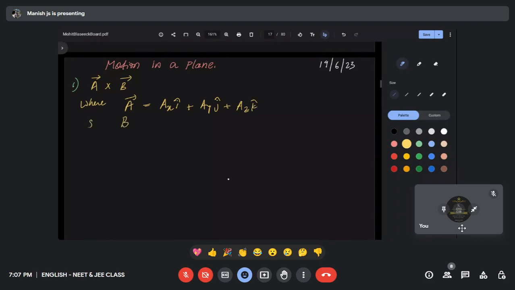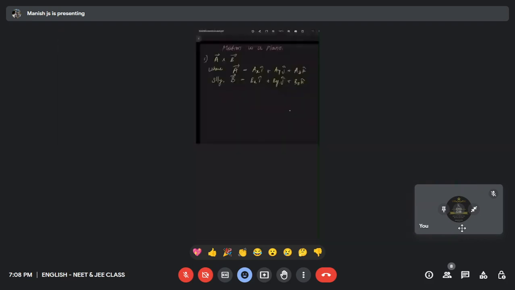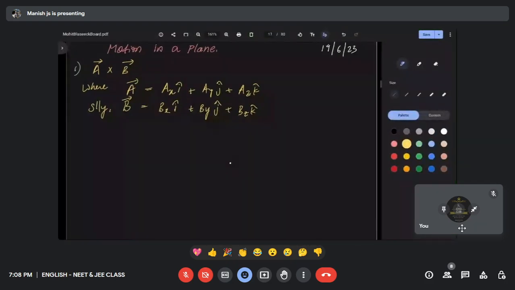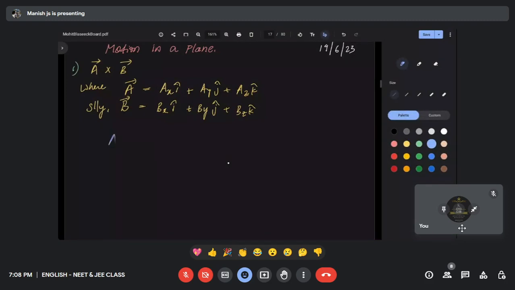Similarly, we also have vector B being expressed in a 3-dimensional coordinate system along with its components as BX I plus BY J plus BZ K, wherein each one of them is represented by its unit normal vectors I, J and K cap respectively. So we are showing it like this. Now we are going to see how to use the cross product. So the cross product formula, A bar cross B bar,